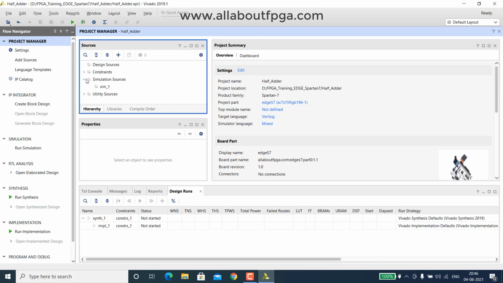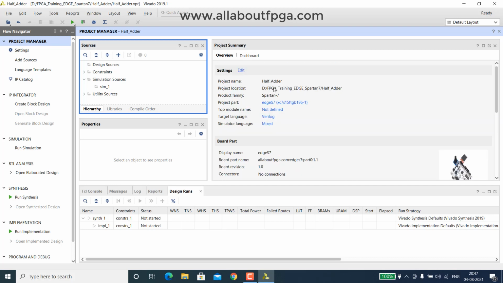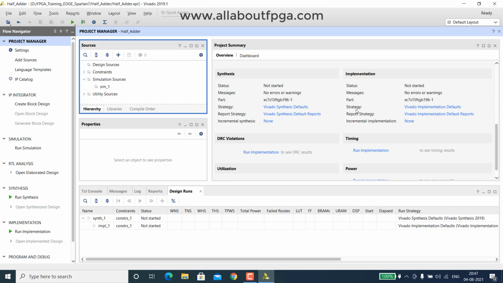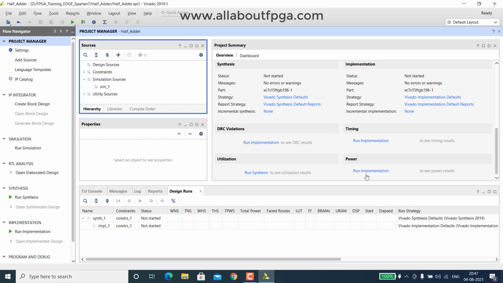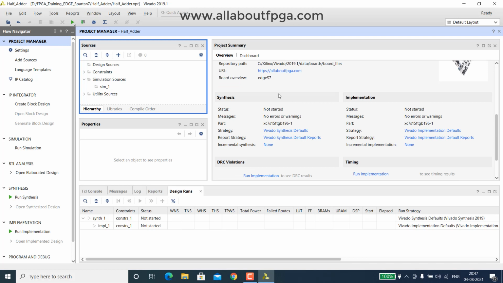Similarly, simulation testbench files are available under Simulation Sources, and the properties of all those files can be viewed here. Here we have the Project Summary, where complete project information is available, like synthesis, implementation, timing, and power. So all the information about what we are doing is available in this window.